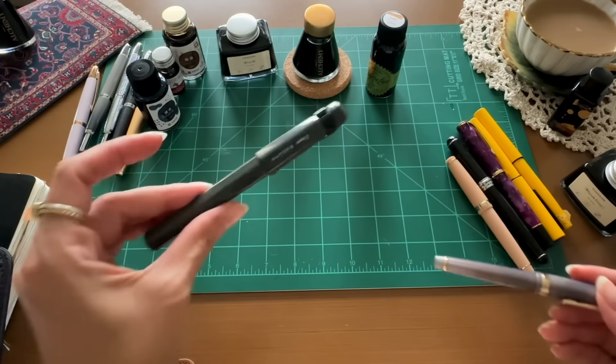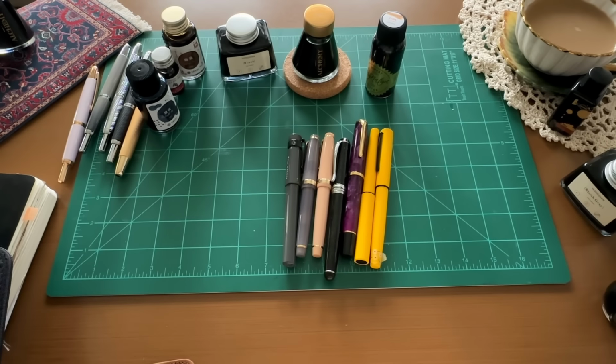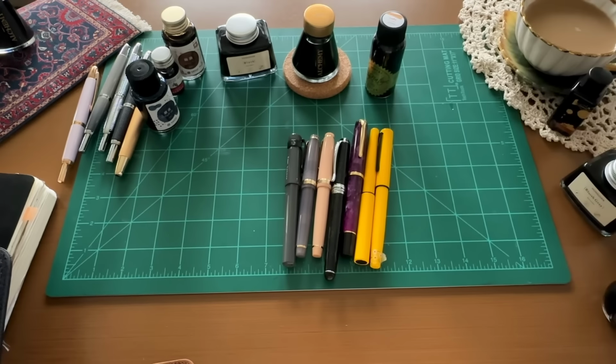And yeah, so Wizard's pencils in this Kakuno, sesame oil. These all have the Hongdians in here. I have this Diamine Desert Burst. I have this currently inked. And if you want to see a swatch on what that looks like,